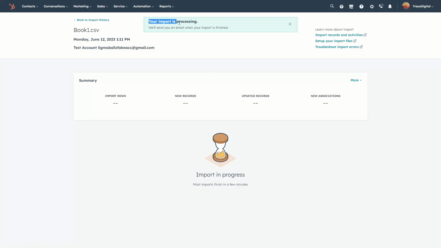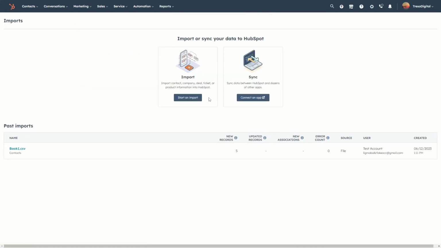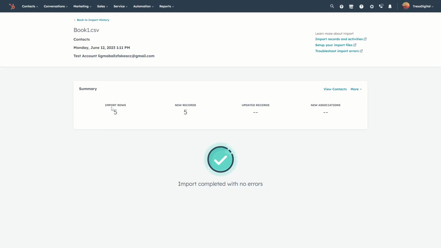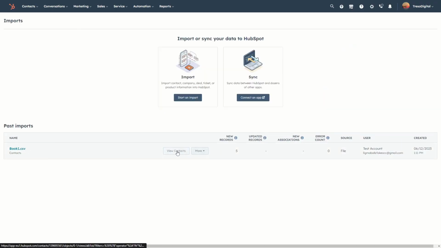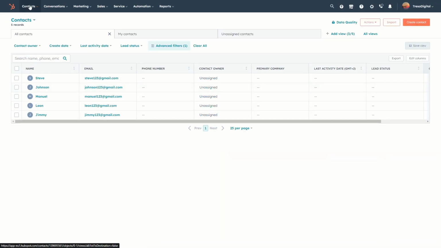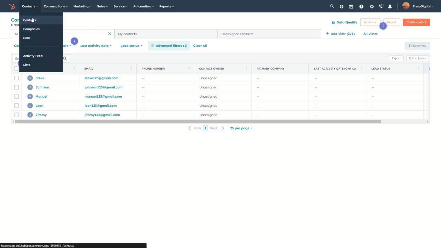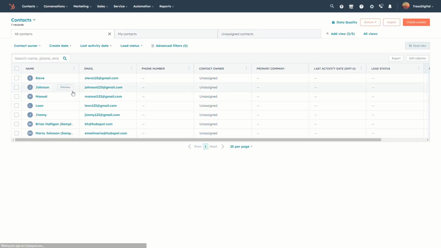You can see the import is being processed, and we are being redirected. Here you can see this import, book1.csv. If you now click on this, you can see 5 rows have been imported, so 5 new records. If you now go back and click on View Contacts, this will take us here. If we click on this, you will see pretty much the same. And here are the two default contacts, and here are the contacts that we have just imported. And that's pretty much how you can import contacts to your